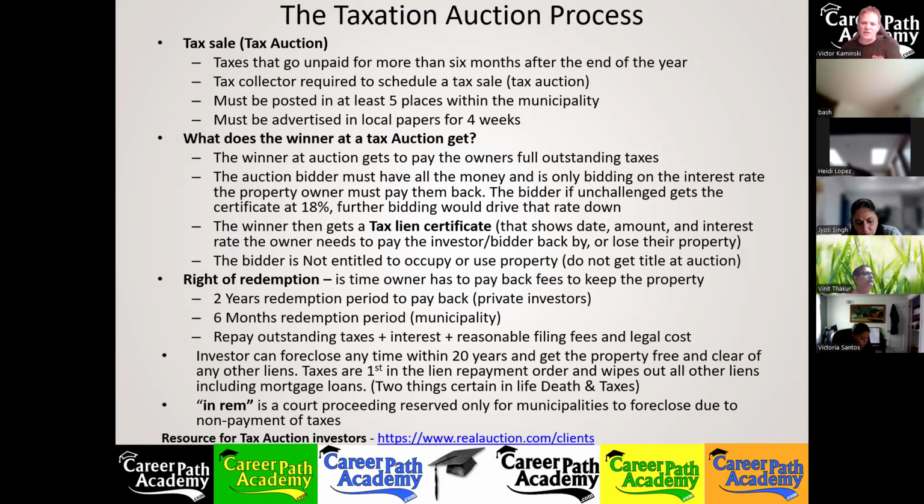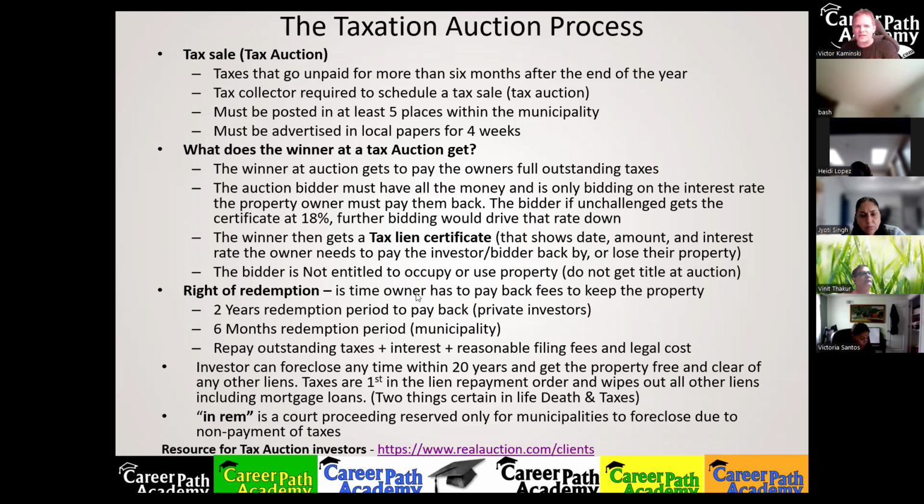Here's a website that I'm going to give you. It's actually a website for a software company, realauction.com. They created software for municipalities and lenders to manage payments and things of that nature, to manage their tax payments and auctions and such. If we were just to go to their homepage, it takes you here. Look,